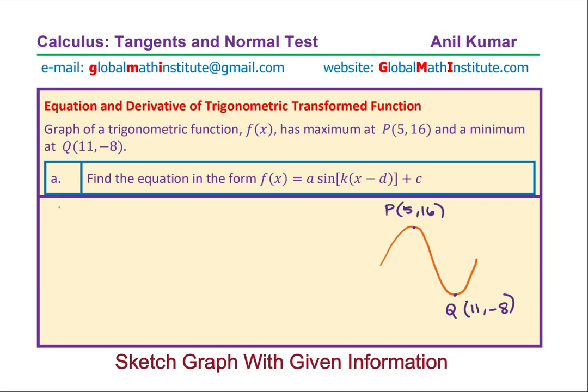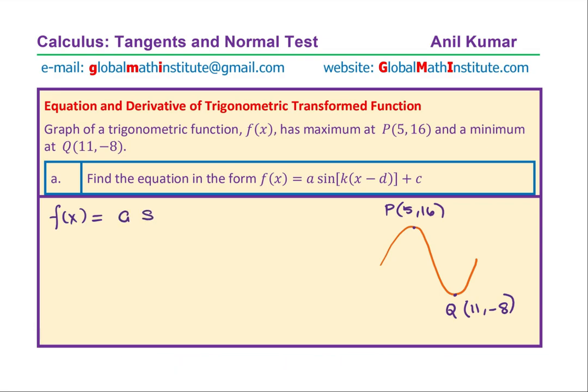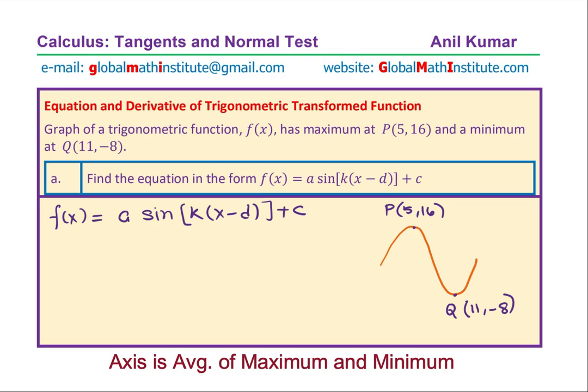And the function f of x is equal to a transformed sine wave, which is a sine(kx - d) plus c. So one by one, we will find each and every parameter. So let's begin with the axis c, right? So the axis,